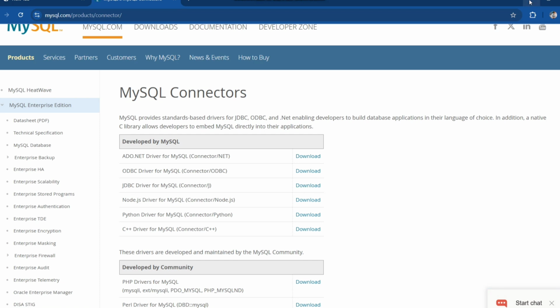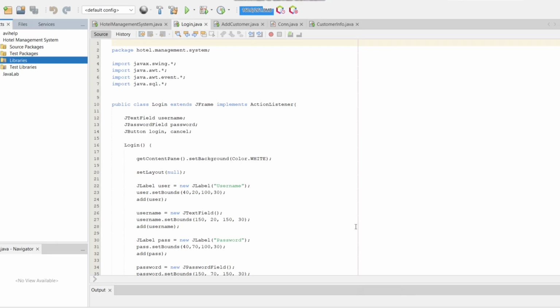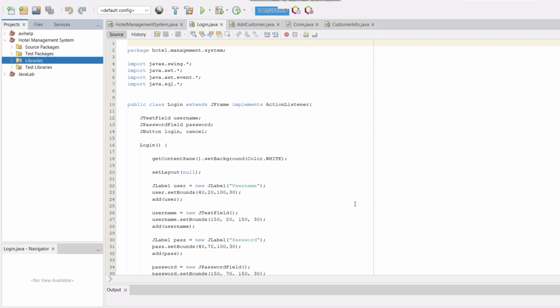Okay, and after that, minimize, and to connect it after downloading, go on your compiler, your code editor. Like I am using NetBeans. So in this library section, here is my hotel management project. If you are using VS Code, then when you create your folder for your project, you have to make a